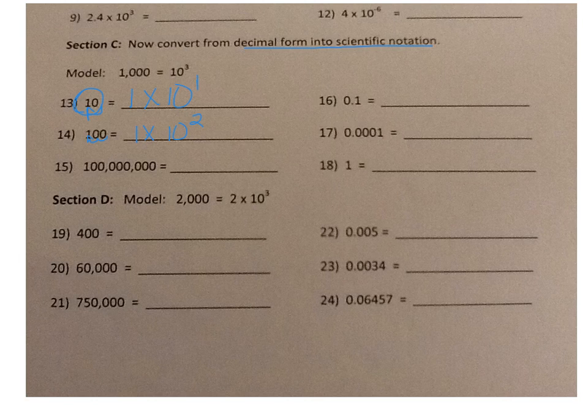Here we've got the decimal here. It's going to go over 1, 2, 3, 4, 5, 6, 7, 8. So that's 1 times 10 to the 8. Then we're going to go the opposite direction. We're starting out with a small number, so now we're going to have a negative exponent. So that's going to be 10, or sorry,